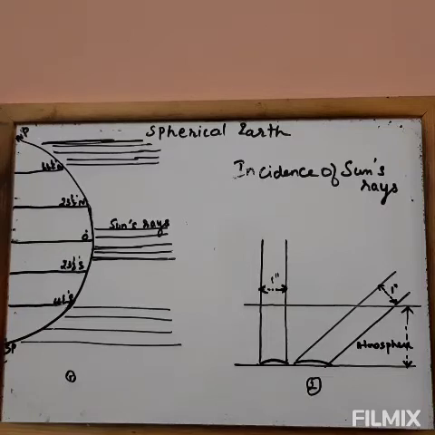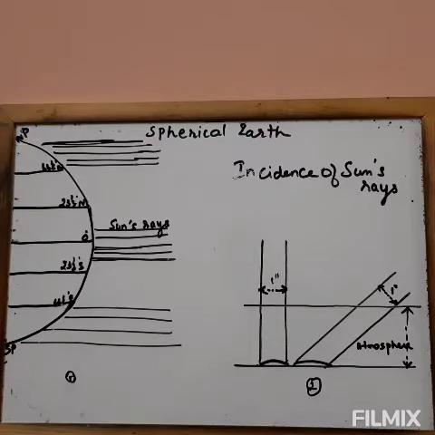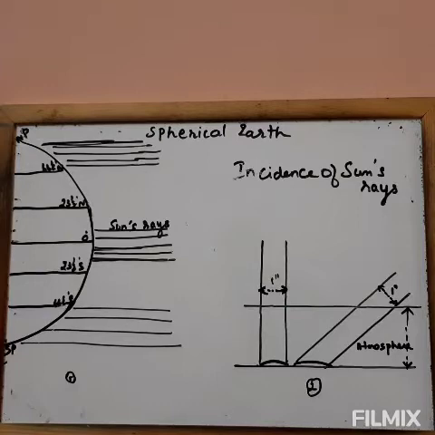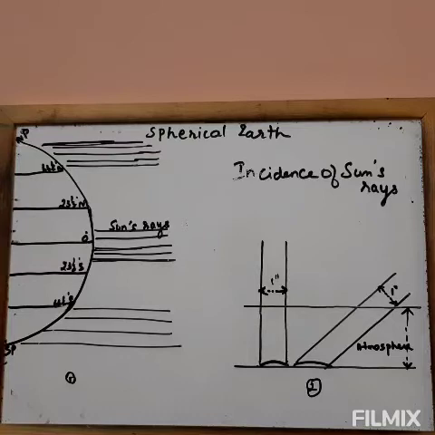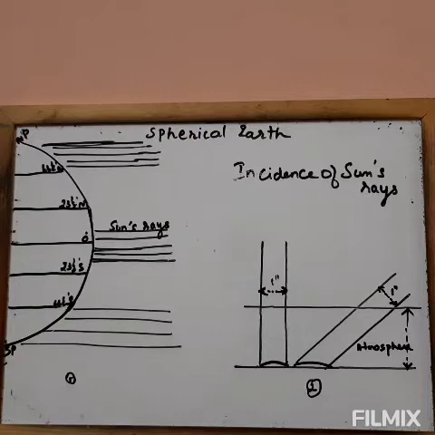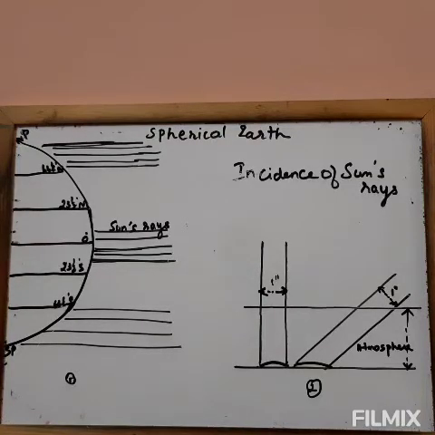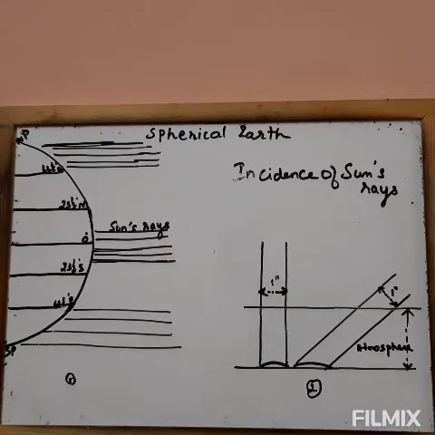This diagram explains the reasons for the difference in heating of the atmosphere and the earth's surface. Look at the diagram here. You can find the spherical shape of the earth, which plays an important role in making the difference. As the atmosphere is primarily heated by radiation from the earth's surface, the shape of the earth and its rotation and revolution are important factors affecting the temperature.